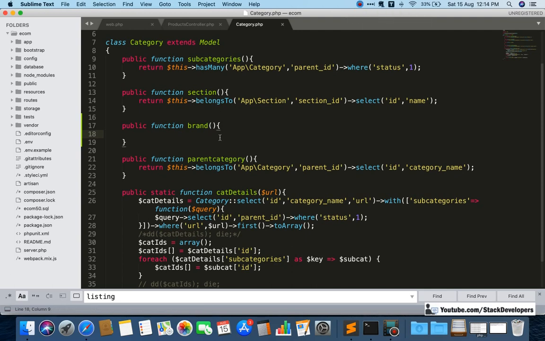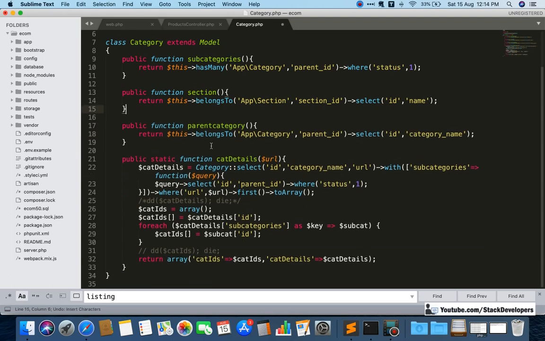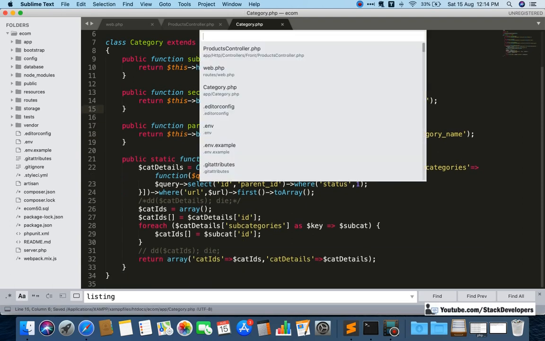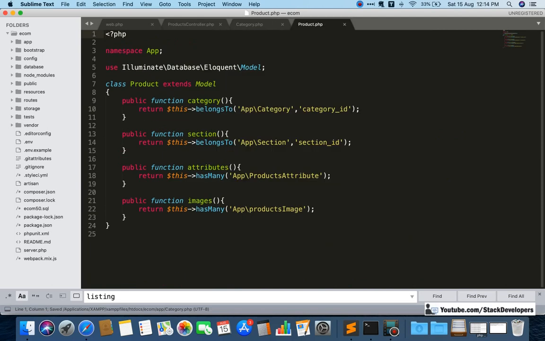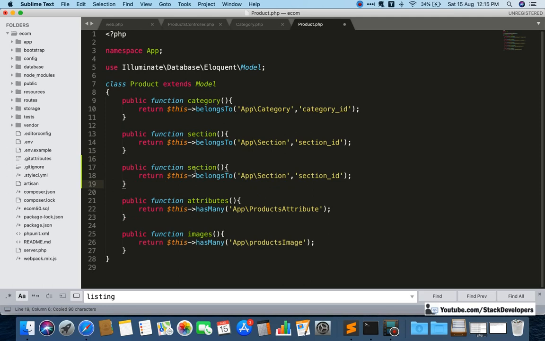In the brand relation, we are going to make the relation in the same way as we have done with the section. But not here, we are going to add the brand relation in the product model, not the category model. We are going to do it in the same way like we have done for the category and the section. Here we add the brand relation of the product, here brand.